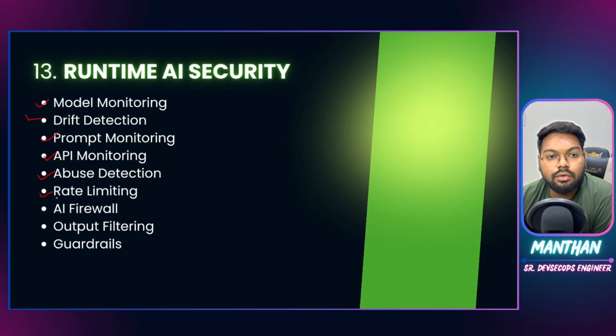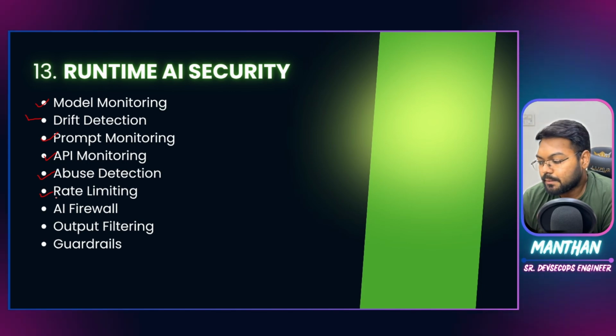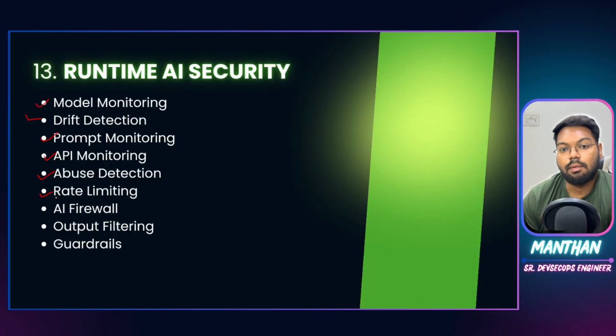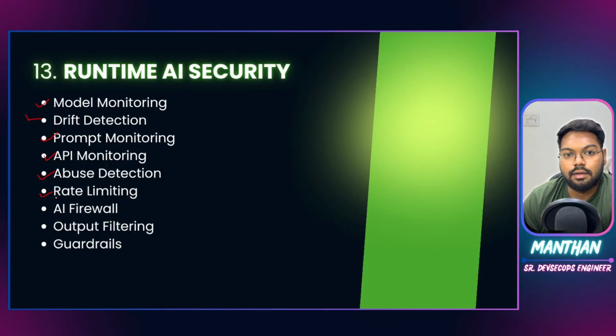Then comes rate limiting your application, so that it does not exceed a certain threshold of requests in a particular minute, so that users can use it with a good amount of load balancing. Rate limiting is mostly for stopping bot attacks and for DoS protection. So that's what it is. Then AI firewalls could be there to filter out certain inputs or anything like that. Then output should also be filtered. There should be guardrails on how the AI is answering certain queries.